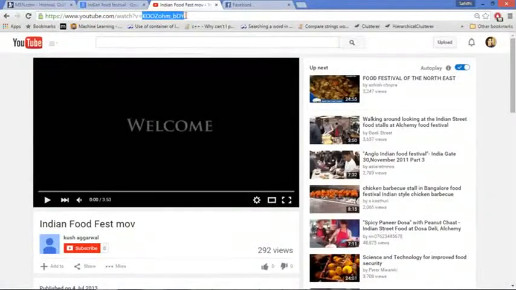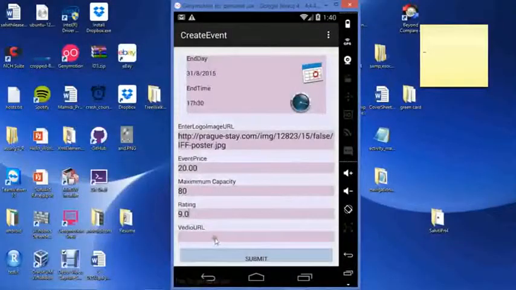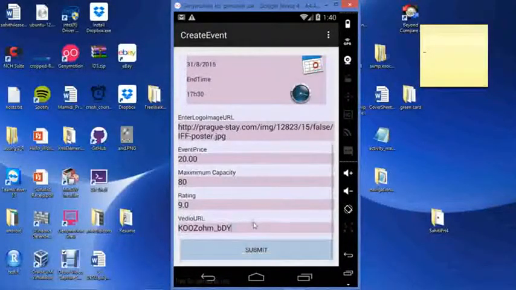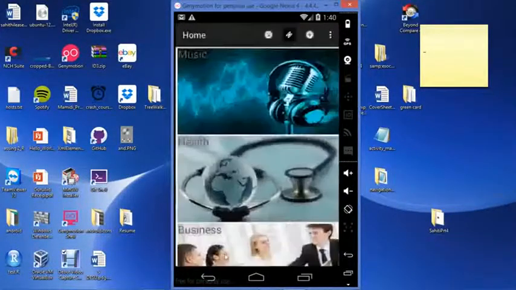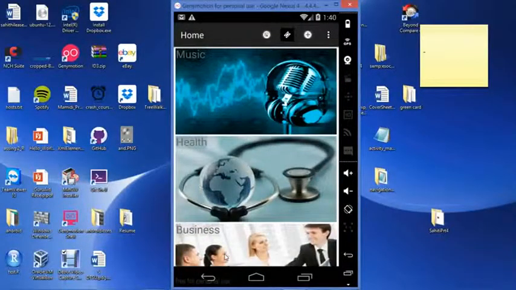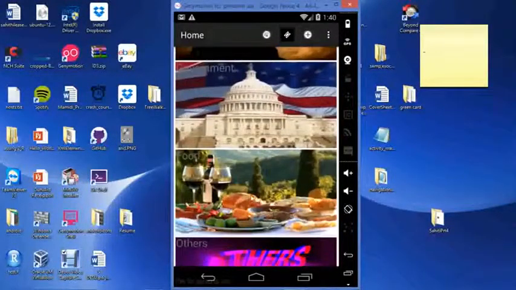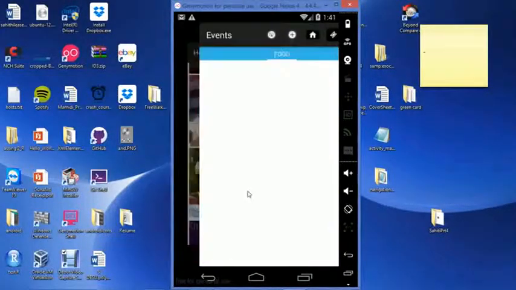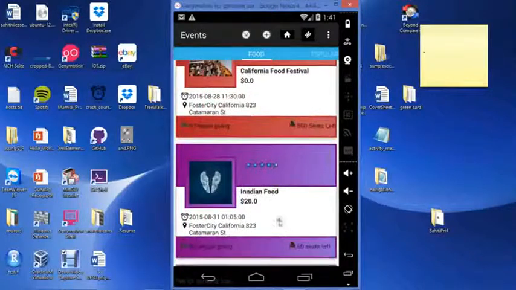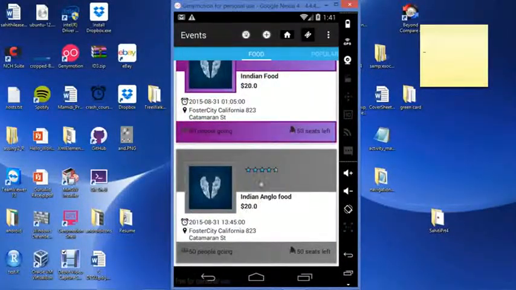And for the video URL, since we've integrated YouTube, we can get a YouTube URL there, and you can try putting the YouTube URL there. When you click submit, the new event that you have hosted, that is the Indian Anglo event, goes, and everybody can see that you have hosted the event, and they'll do the same process we have shown before. So when you click on food, you can see the Indian Anglo food